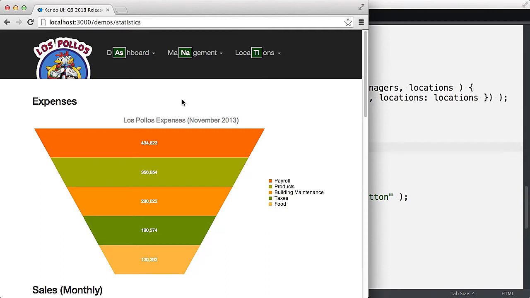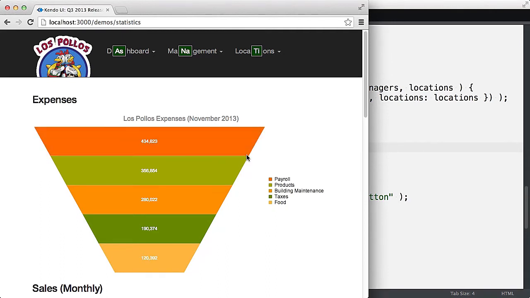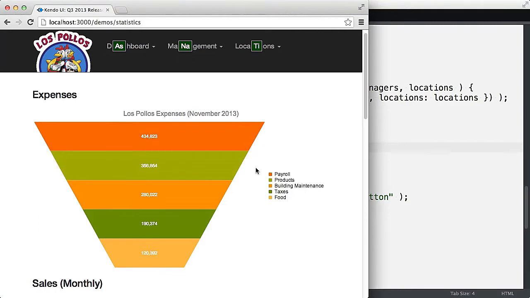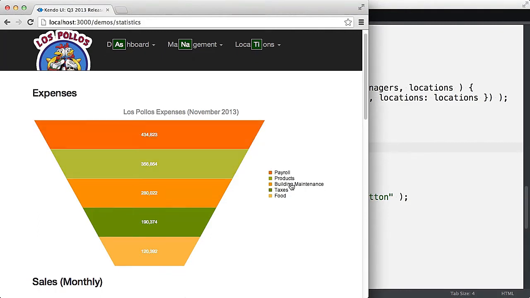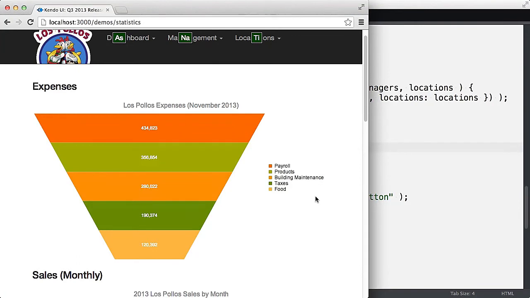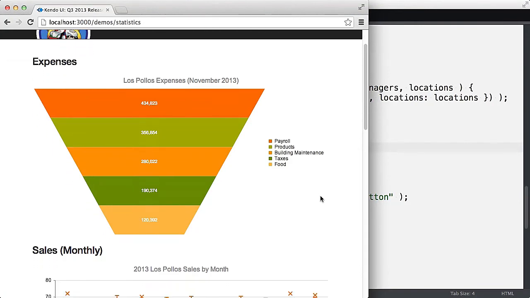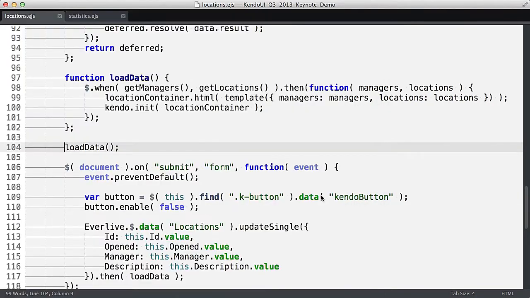Now, this first chart here is a funnel chart. And a funnel chart is just a nice way to visually organize a series of values so that you can easily see the highest and lowest values in a series. And it's being used here to show some expense data. Now, if we switch back over to the code,